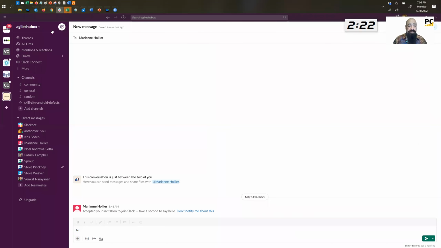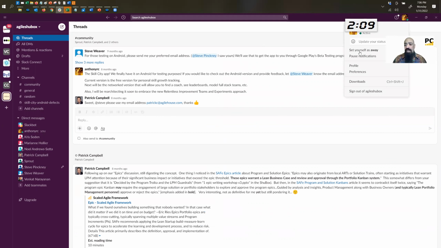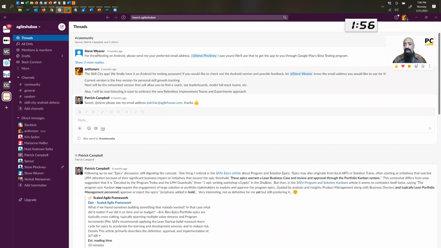So here's Slack. And here are my threads up here. Notice that if this is bolded, I'm going to hit those first. Secondly, you don't get notifications automatically. So if you go here, and go to your preferences, you'll notice that there is notify me about replies to threads. This is off by default in my last couple of companies. So make sure that's turned on and make sure your peers know to turn that on as well, or else they're not going to realize that threads are happening.